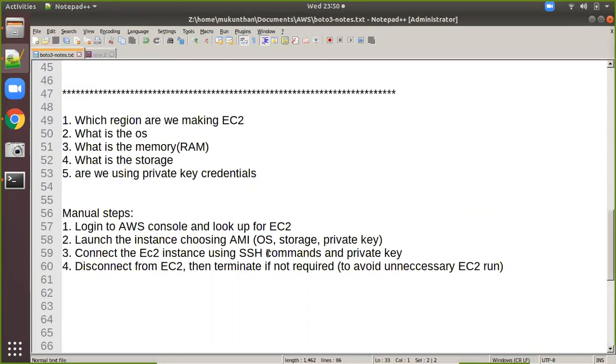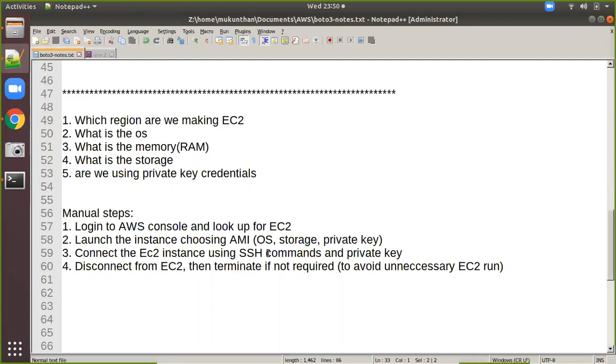Then after that, we are connecting to the EC2 instances using the SSH command, ssh -i identity. For proving your identity, you are showing your private key, which got generated while creating your instances. Then after connecting to the EC2 instance, we have seen what folder structure is available inside. That is just for demo purposes. Then we logged out from the system, and after that we are making sure that we are terminating the system so that we don't have any billing towards our account.